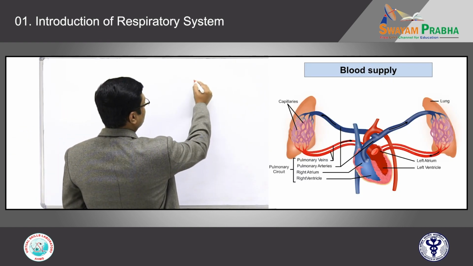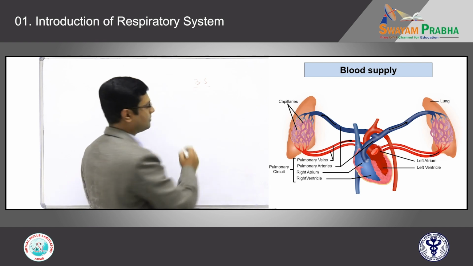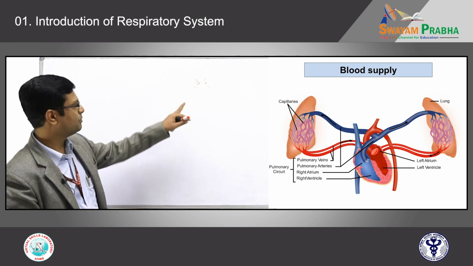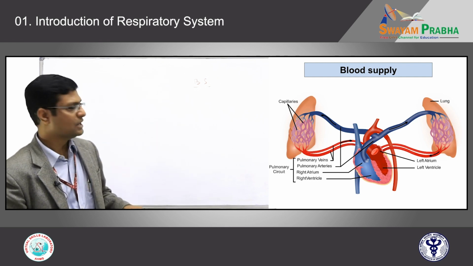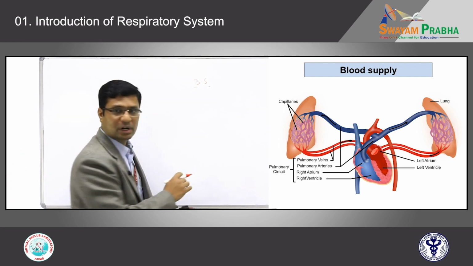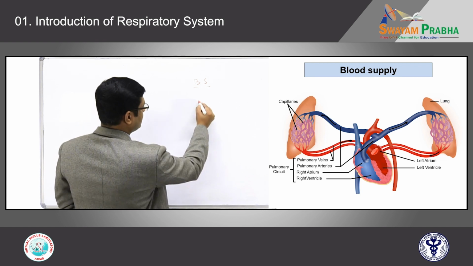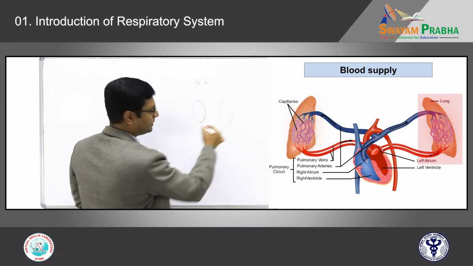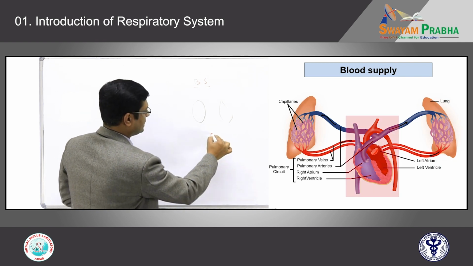We will talk about the blood supply to the respiratory system. The basic important features I am going to highlight. So, all of you know that cardiopulmonary circulation is very important. There are two lungs, right lung and left lung, and there is the heart here,